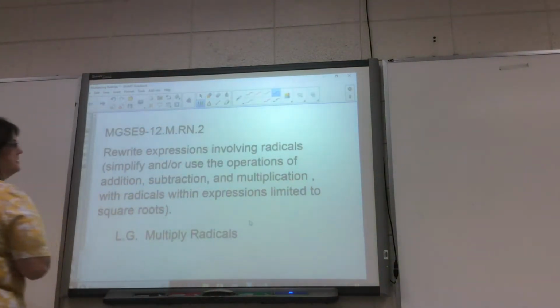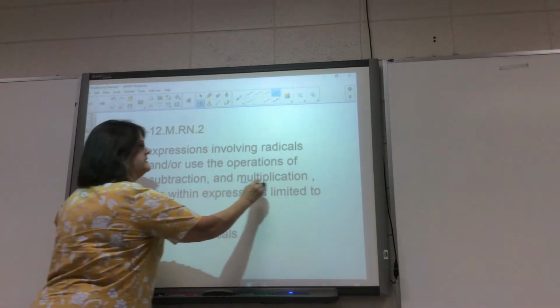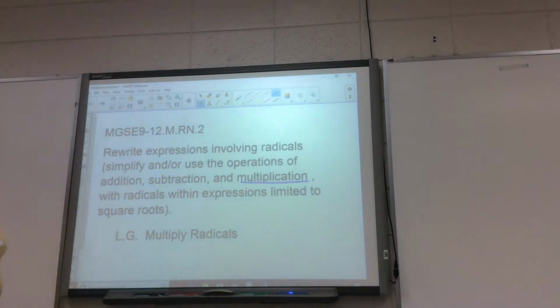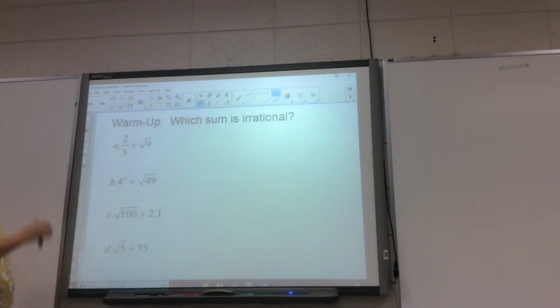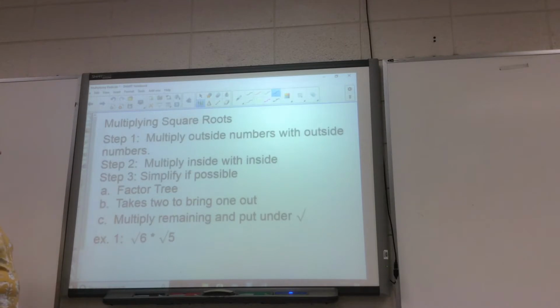Now we are going to multiply. As you see, it is this part of the standard. So we're multiplying radicals today. All right, when multiplying with square roots, step one is to multiply outside numbers with outside